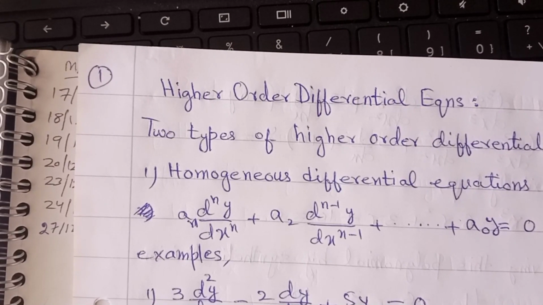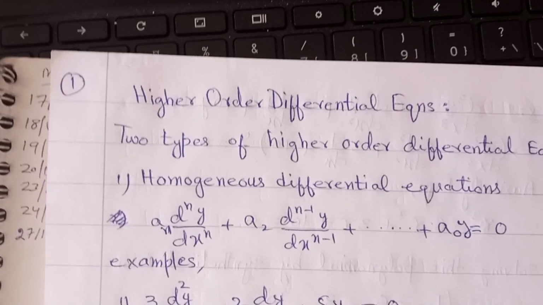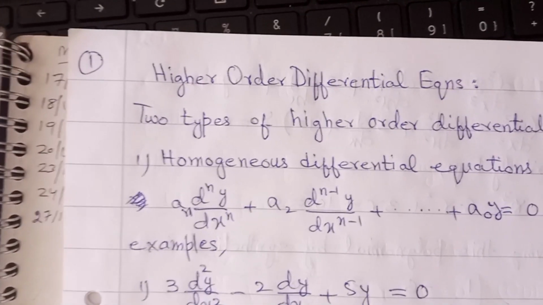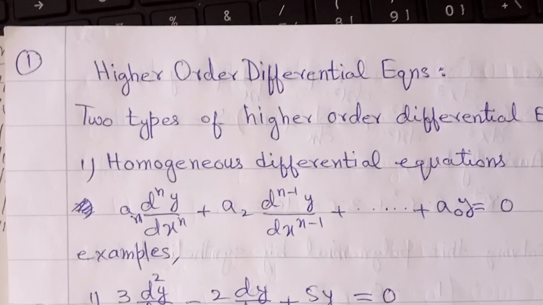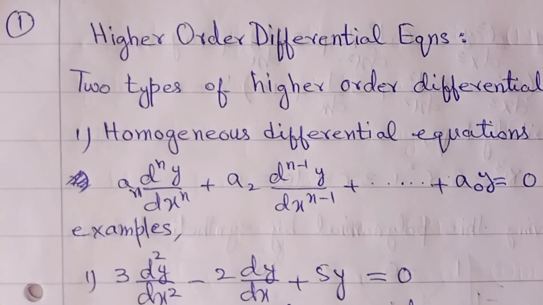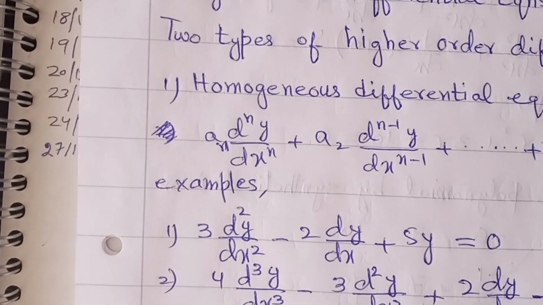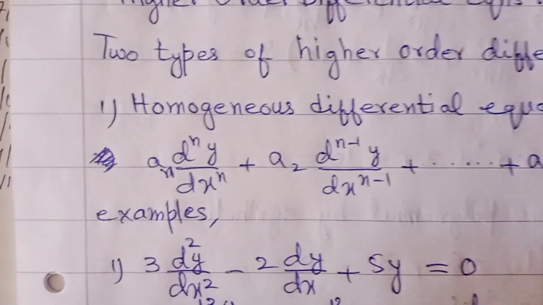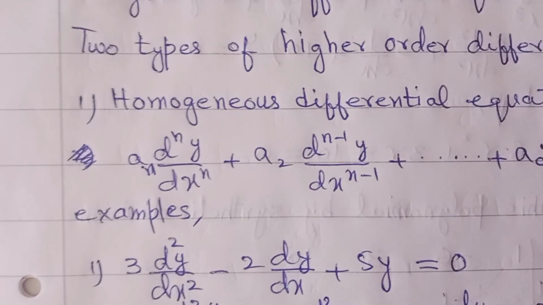There are two types of higher order differential equation. One is homogeneous differential equation, and the other is non-homogeneous differential equation. And how can we recognize the homogeneous differential equation and the non-homogeneous differential equation? So here you can see that in the first form, look at one,